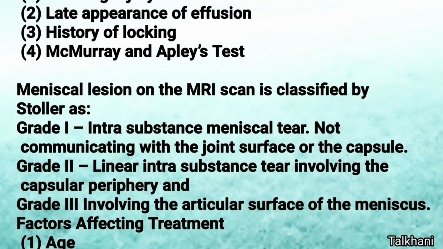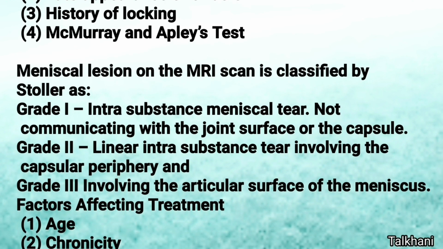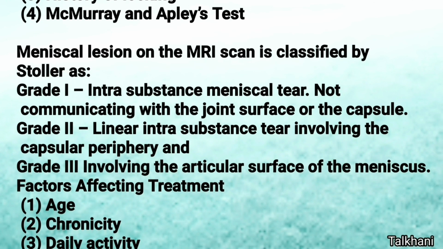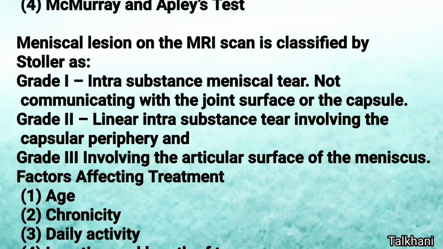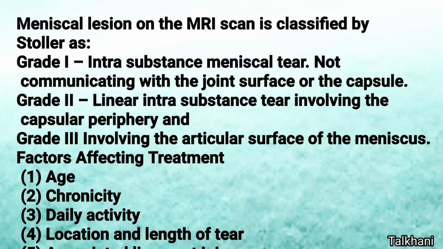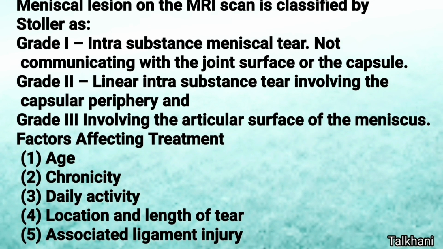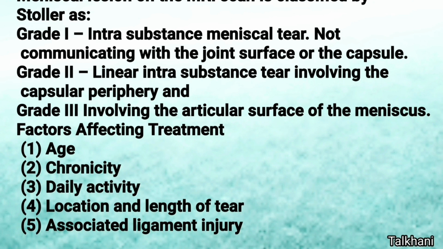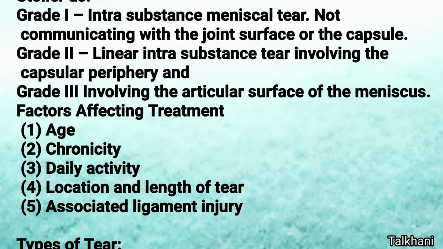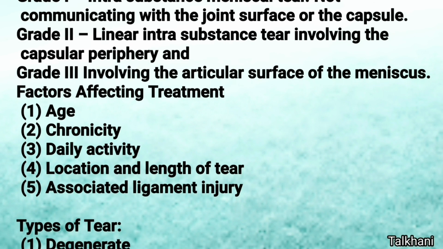Factors determining the treatment of meniscus are: age of the patient, chronicity of the tear, daily activities of the patient, location and length of tear, and associated ligament injuries. Types of the tear can be degenerate tear, horizontal tear, radial tear, oblique flap or parrot beak tear, vertical longitudinal or bucket handle tear, and complex